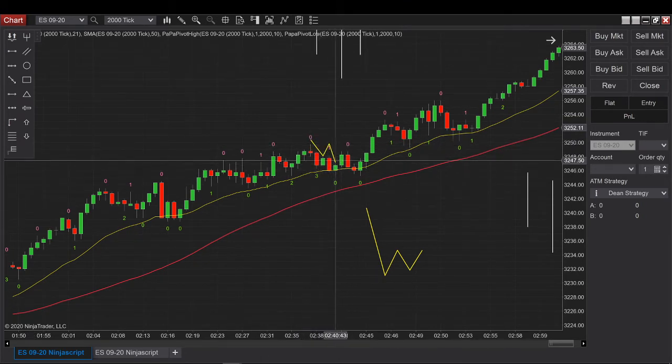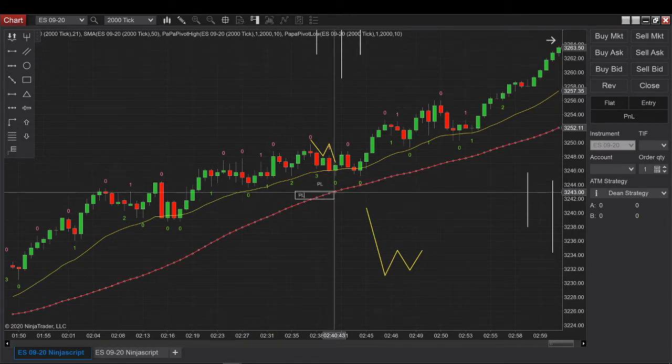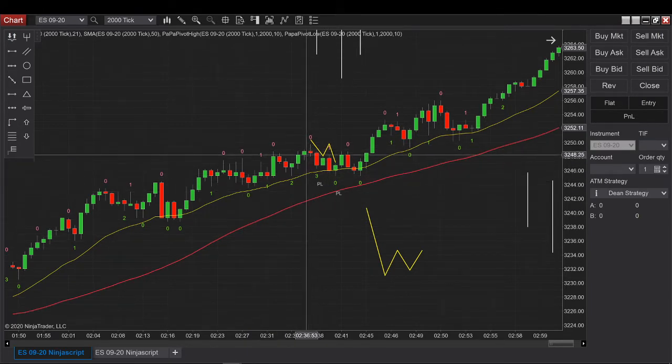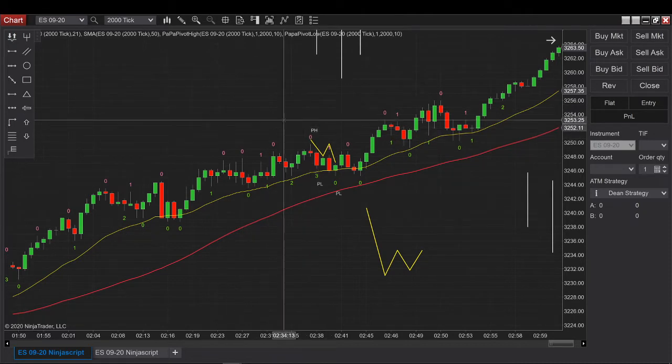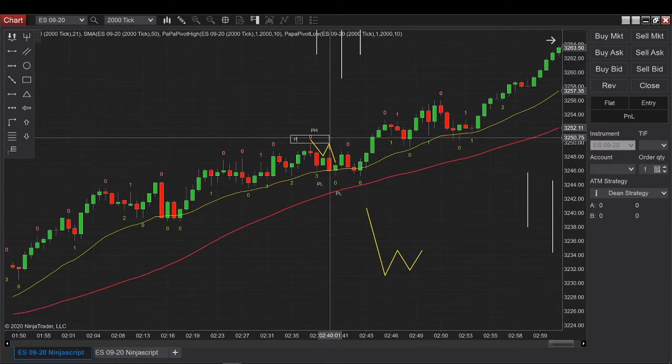And if I have a candle that goes higher than this one, then it's a second pivot. So this is the pivot low, pivot low over here, pivot low, and then here it's a pivot high, pivot high over here.